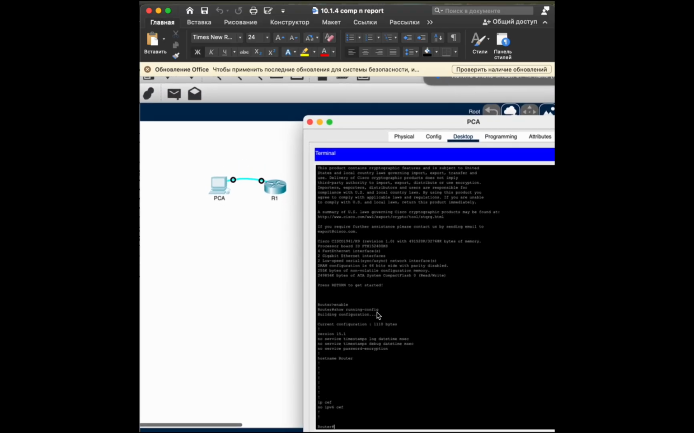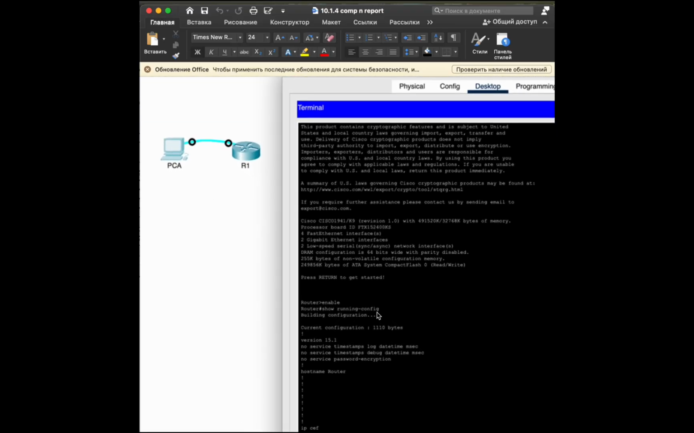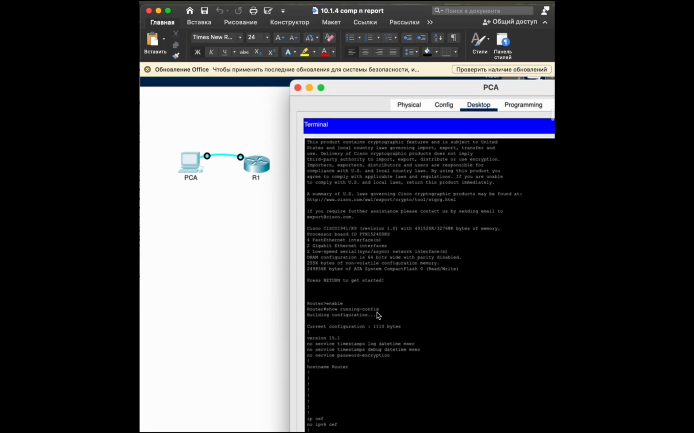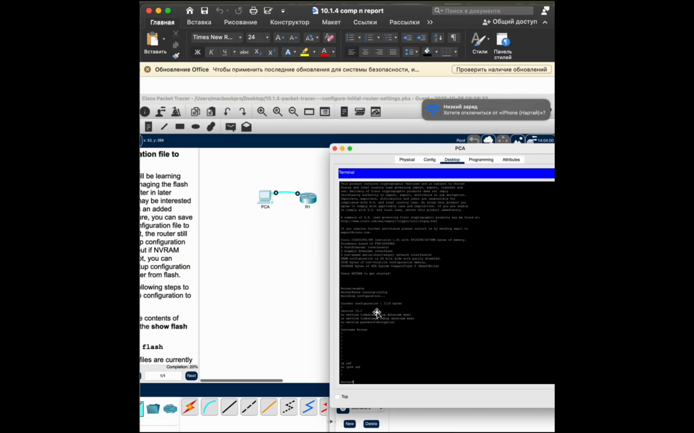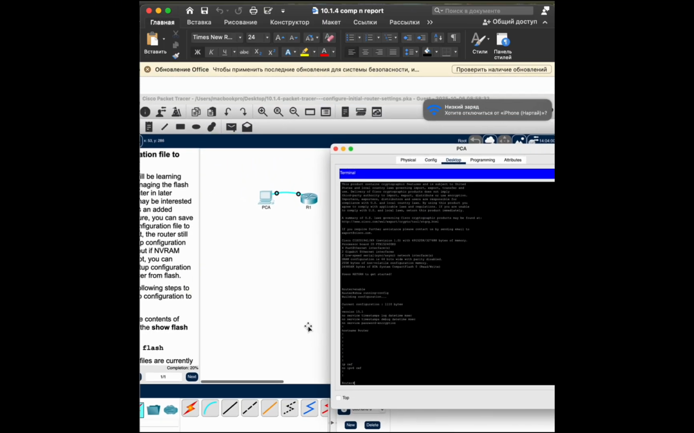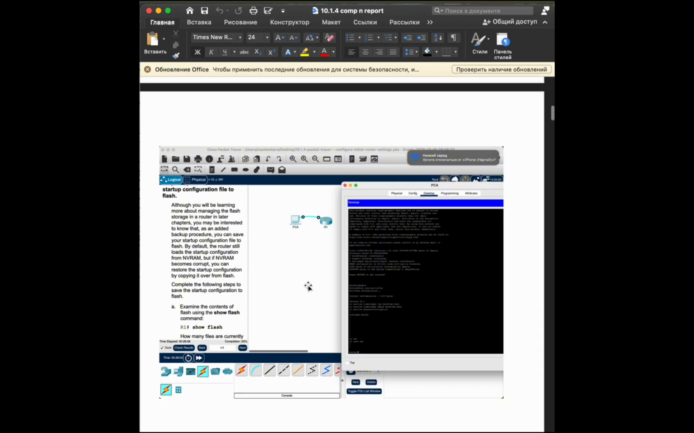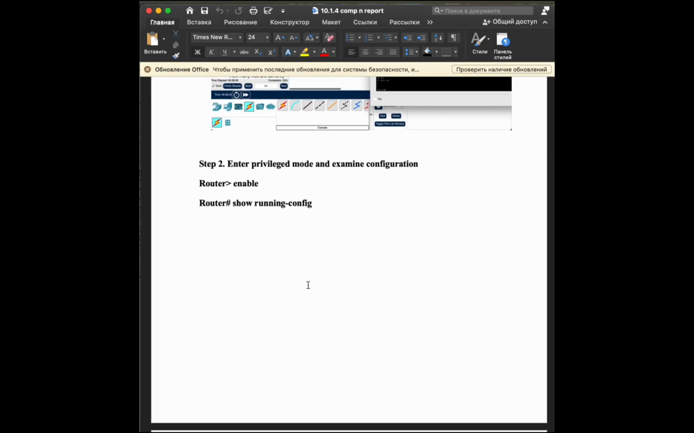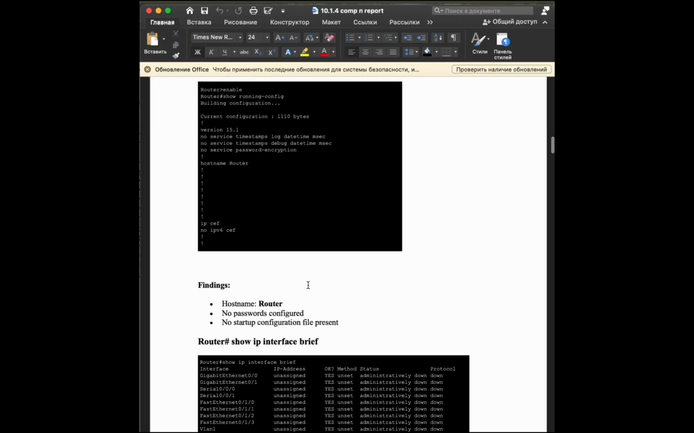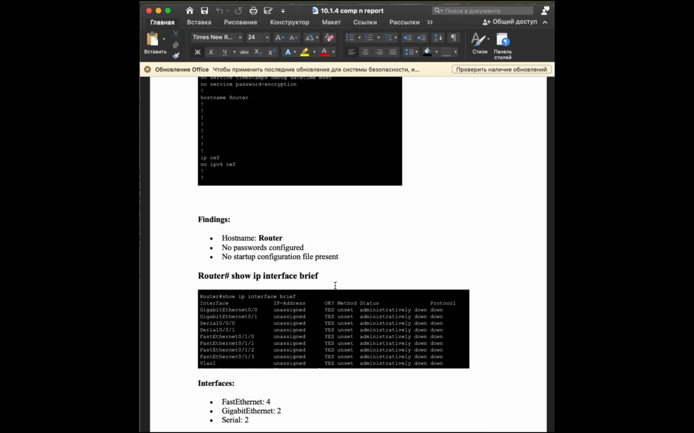Then I used the command show ip interface brief. You can see it a bit lower. Let me show you. Here you can see it. And from the output I saw that the router had 4 FastEthernet interfaces, 2 GigabitEthernet interfaces, and 2